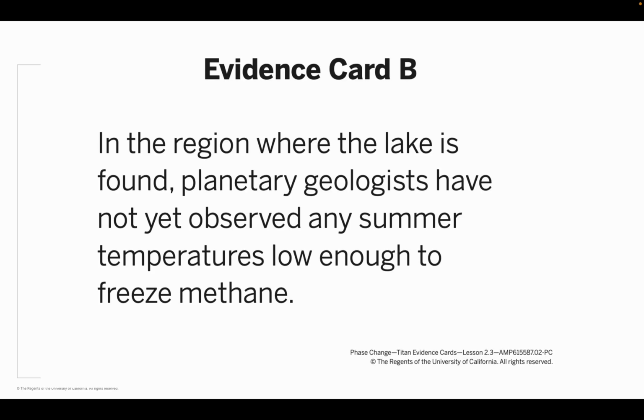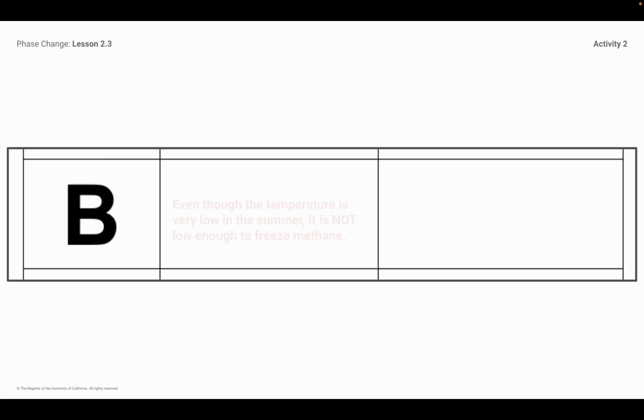All right, here's my next evidence card. Evidence card B says, in the region where the lake is found, planetary geologists have not yet observed any summer temperatures low enough to freeze methane. What? That's crazy. In the region where the lake is found, planetary geologists have not yet observed any summer temperatures low enough to freeze methane. Okay, so that means even though the temperature is very low in the summer, it is not low enough to